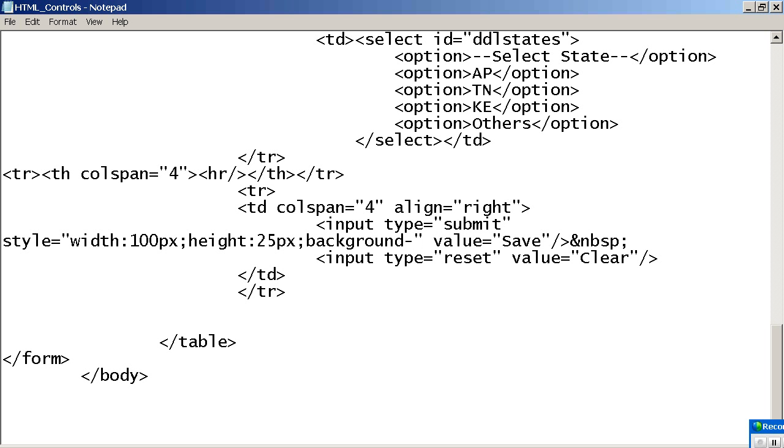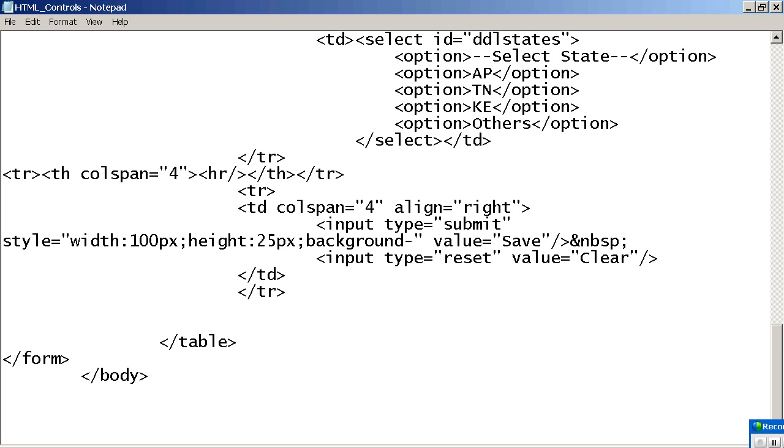Earlier you were using bgcolor for the table, td, and body, not for the button. For the button we don't have such a bgcolor attribute. So now with CSS you can write it very simply: background hyphen color. Why did they give the hyphen, can you tell me? In background there are multiple properties: background-image, background-color, like that multiple things. That is the reason they gave it. It is all related to the background.